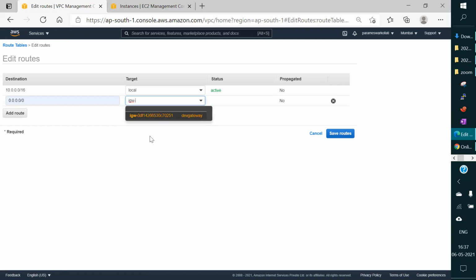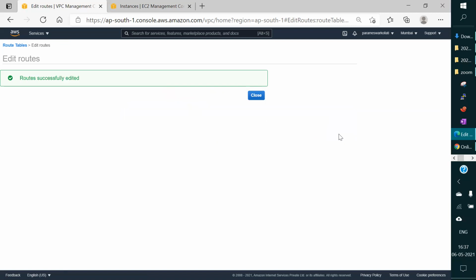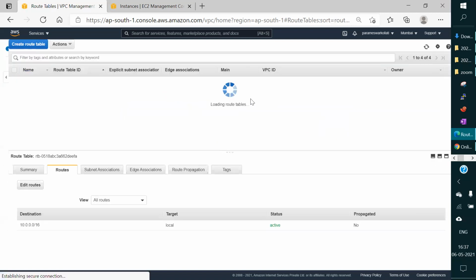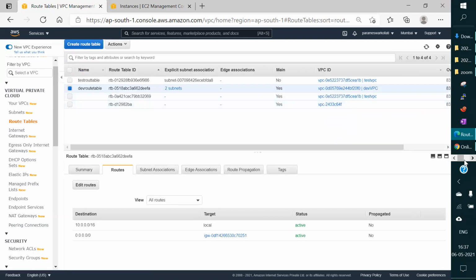As I said, we can only attach one internet gateway. So we have only one internet gateway attached to this VPC, which will be shown here, and we can select that internet gateway and save the route, right? You can close it. So what we have done here